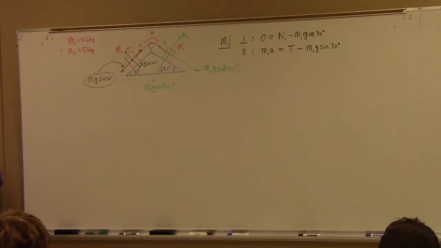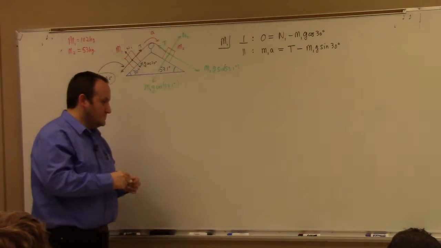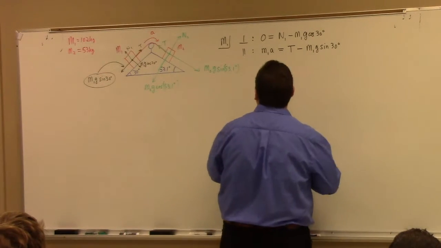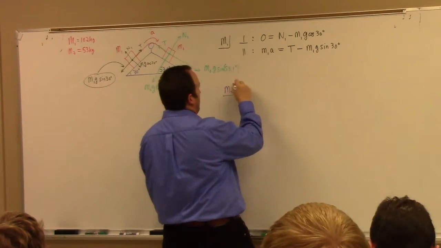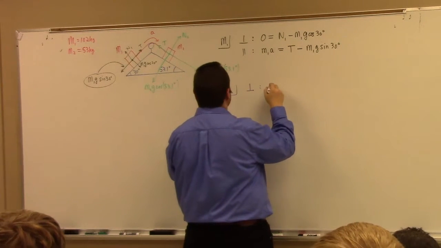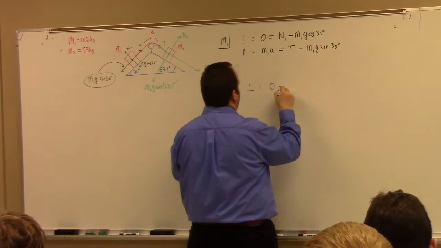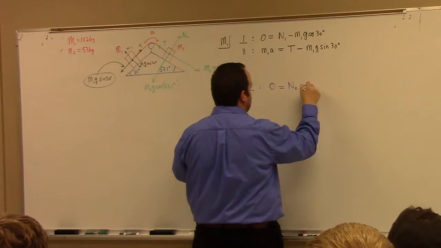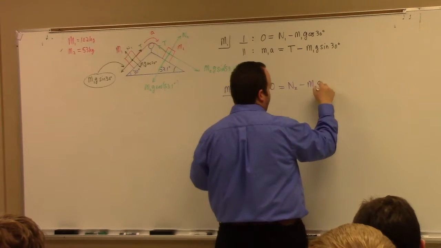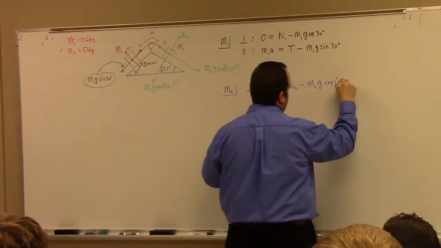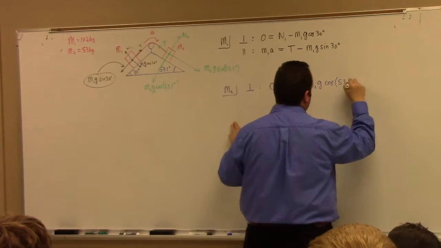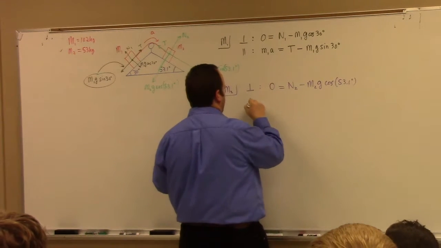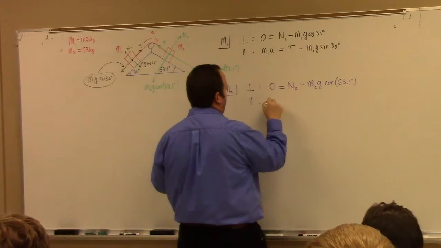Now that we've drawn the free body diagram and illustrated all the forces, I can put together Newton's second law, which is what here? So for M2, the perpendicular direction is kind of boring. N2 minus M2G cosine of 53.1 degrees. And on the other hand, the parallel direction, we get M2A